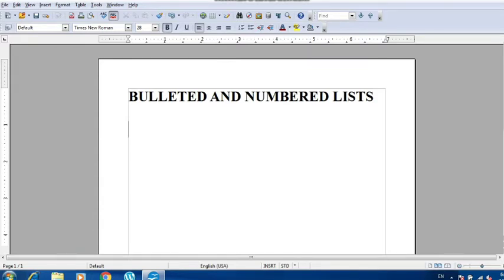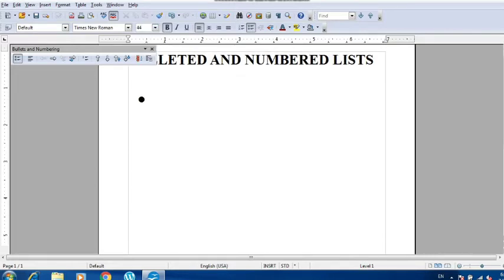The option is present in the formatting toolbar. So this is our formatting toolbar, you can see here. So we will go to the bullets and numbers. You can see the shortcut key is Shift plus F12. So you will click on this bullets. Now you can see that I got the bullet here. If you are not able to see, let me increase the size. Now the bullet is available.